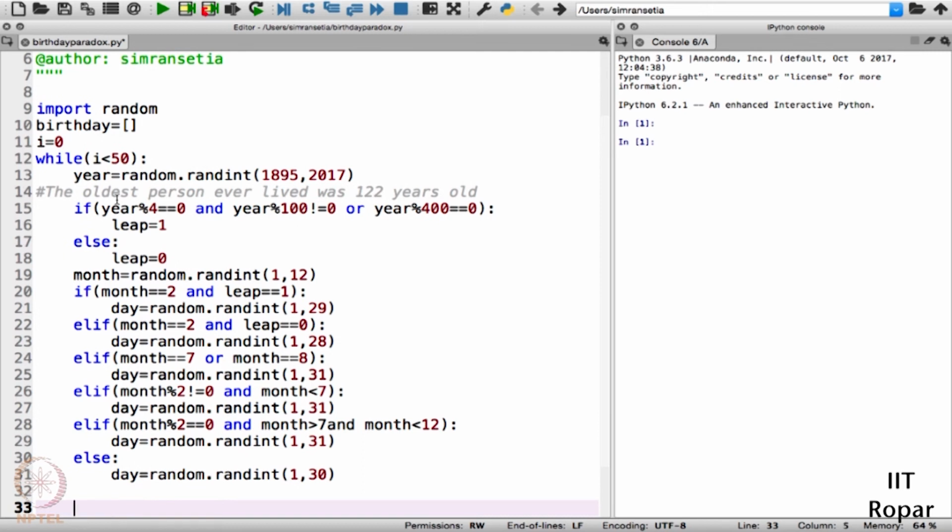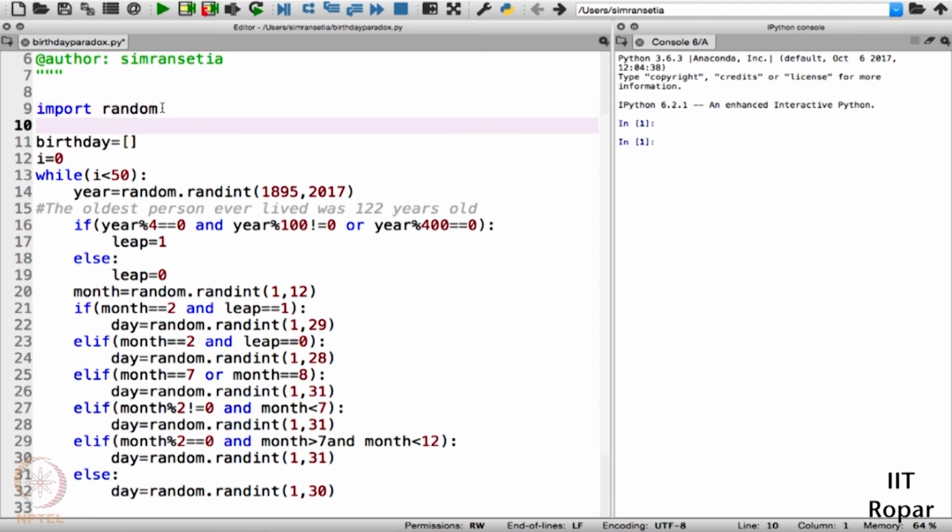So we now have the birth date of these 50 people. Please keep in mind that we don't have it in a specified format. We need to have it in a specified format. In order to do that, I'll import a separate library here, that is datetime.